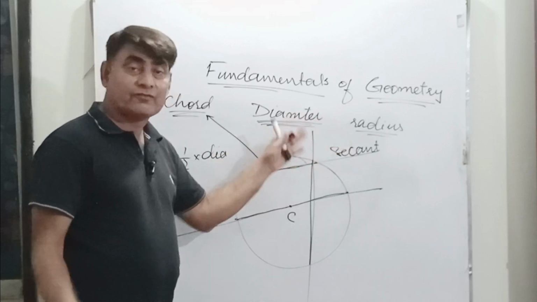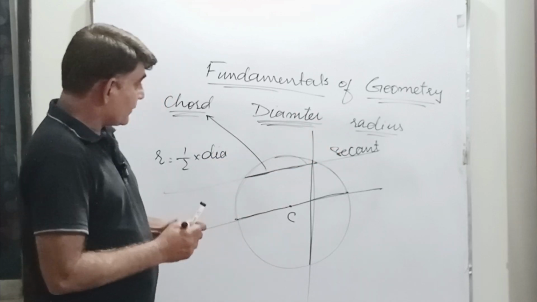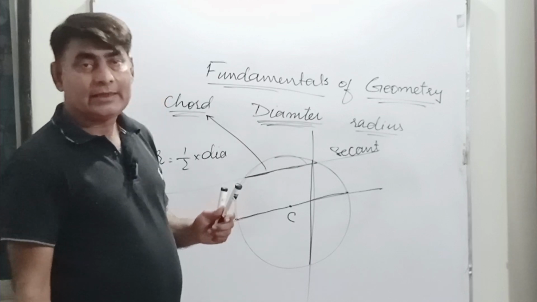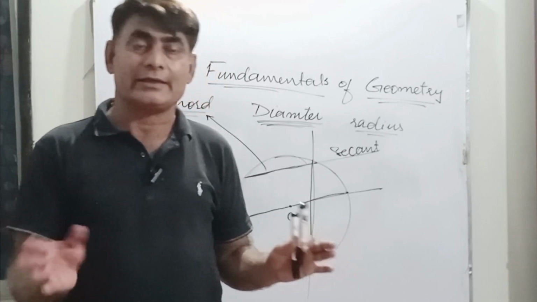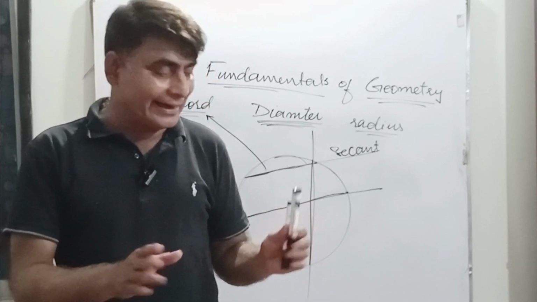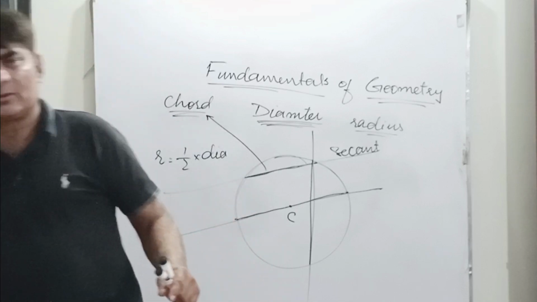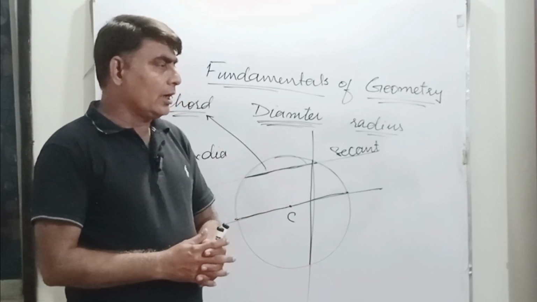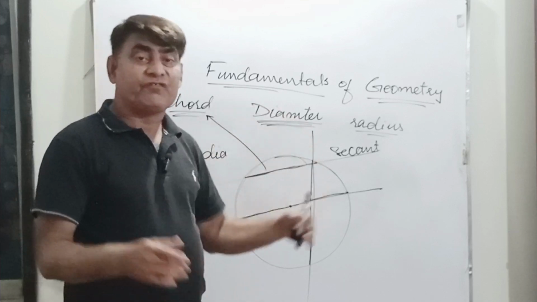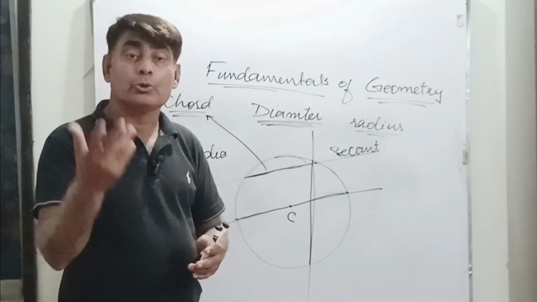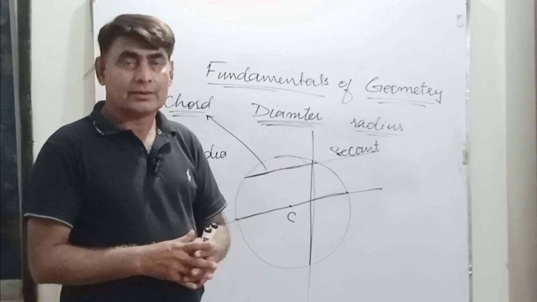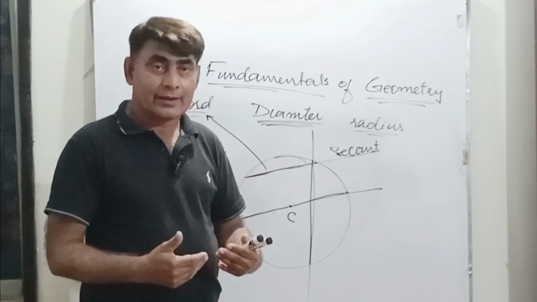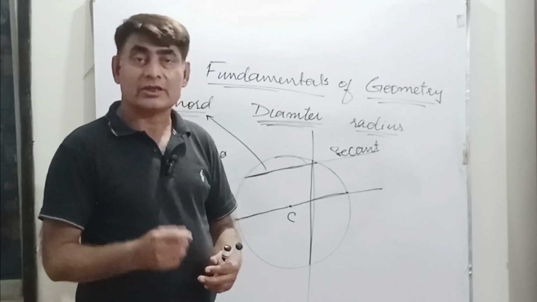Radius is defined as half of the diameter. So chord, diameter, radius, tangent, secant, all these terms are related to a circle, right? I'm not going to consider some more terms related to different theories or theorems. The only thing is that right now we are here just to identify or describe